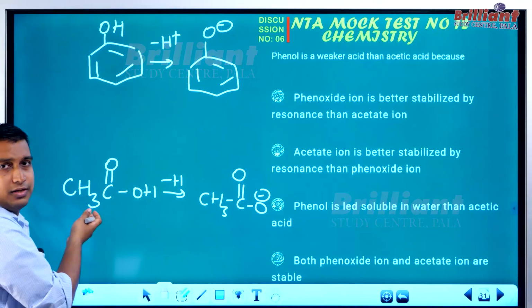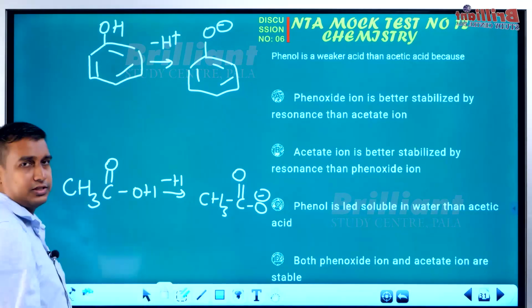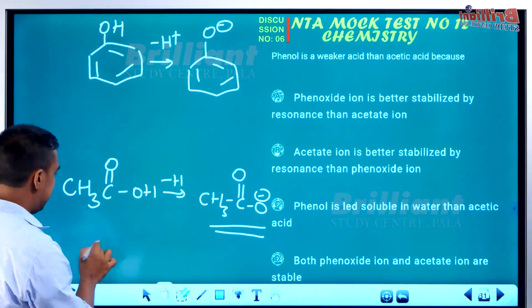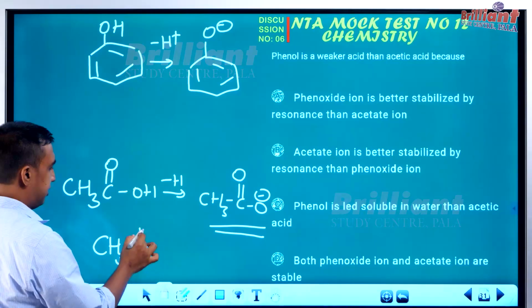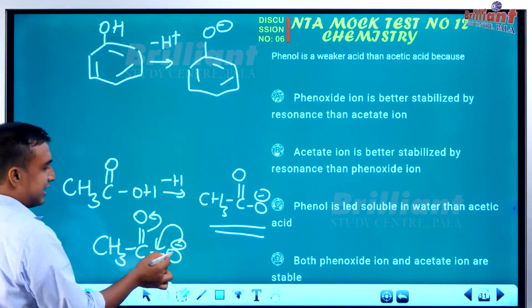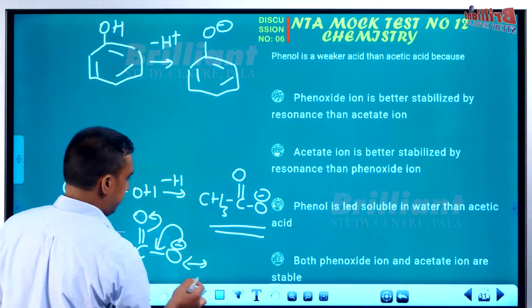It will want to release the H+ and become this acetate ion faster. Please know, acetate ion is considered to be more resonance stabilized. Why? നമ്മൾ resonance stabilization നടക്കുന്നത് ഇങ്ങനെയാണ്. അസിറ്റേറ്റ് അയോണിന്റെ സ്റ്റെബിലൈസേഷൻ വരുമ്പോ